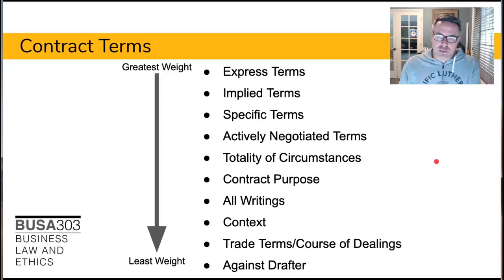Then if we still can't decide, we can look at, well, what's common in the industry? What would normally be in a contract like that? So then we can look at that. And then lastly, on this list,